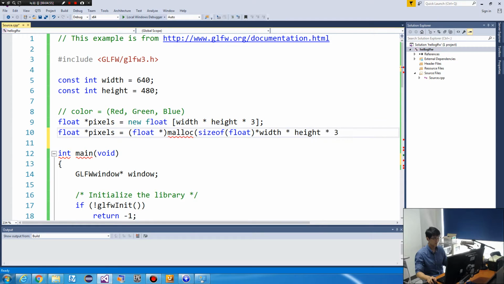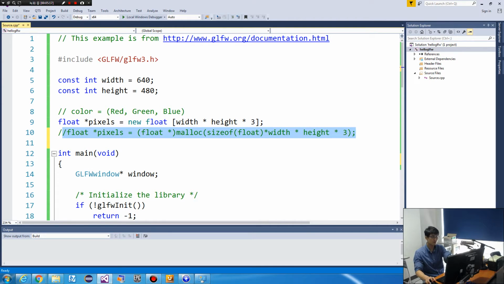So this one is equivalent to this one in C. And I assume that you are familiar with C programming. So if you don't understand this one, well, Google it, find a web page, or use your textbook.